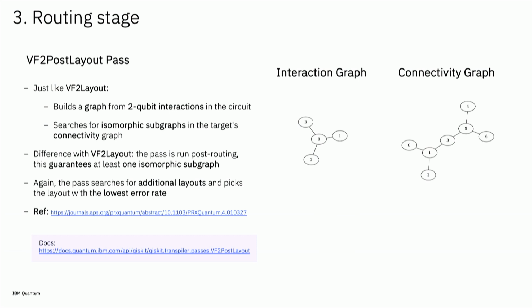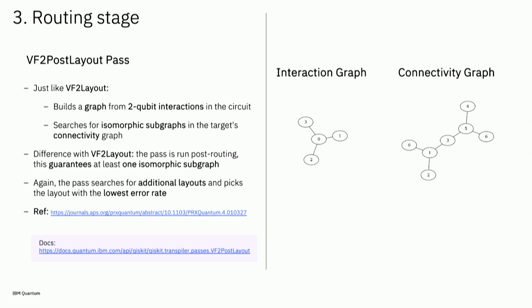So the VF2 post layout pass is basically the same algorithm as VF2 layout, except when you run it after routing, you're guaranteed to have at least one isomorphic subgraph. That's the goal of the routing stage. You're transforming the circuit connectivity to map to the device. So you know that there's at least one there, but there could be others. And that RustWorkX algorithm that we talked about before, with all of the heuristics that we've put in that make it well suited for this problem,